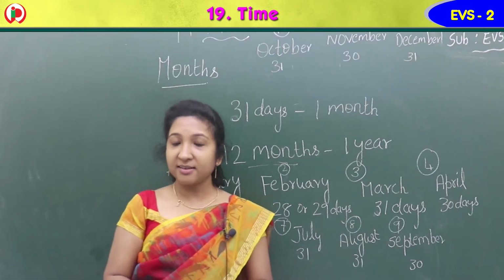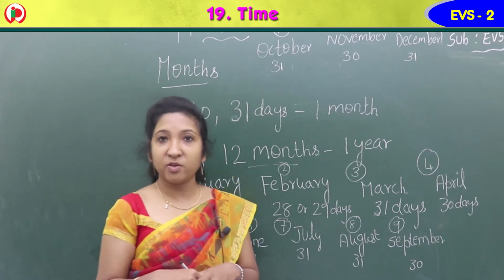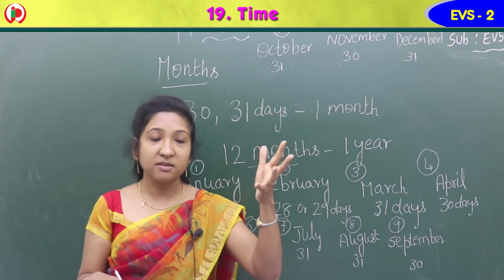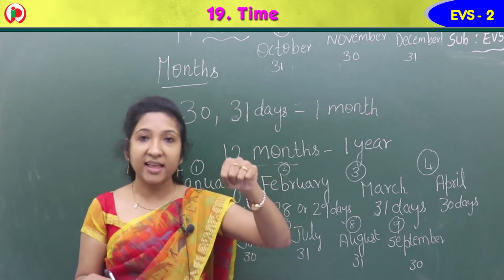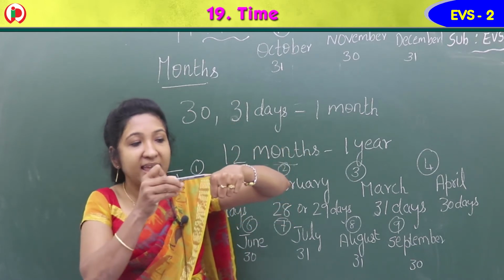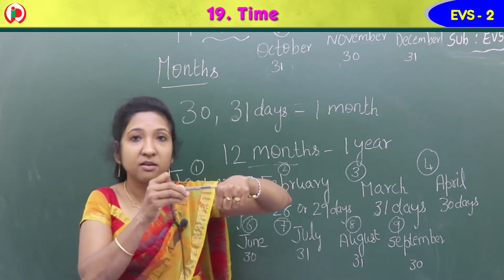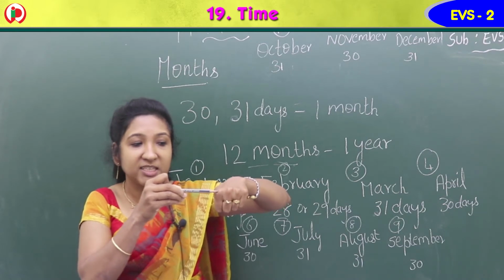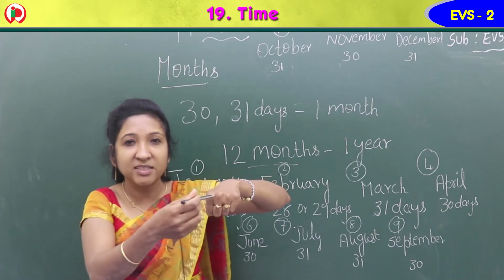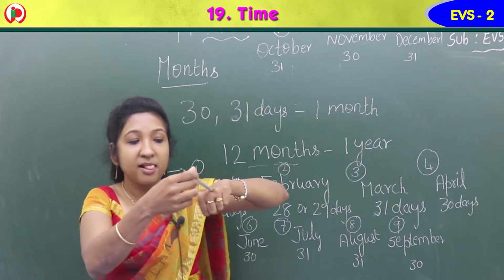So children, let me show an easy way to calculate the number of days in a month. Take your hand, bend your hand like this and keep it like this. Now see this edge part. From here you have to start. This is the starting month of the year, January. This tip, the bond part, is January. Then this part which is a little down, February, March, April, May,